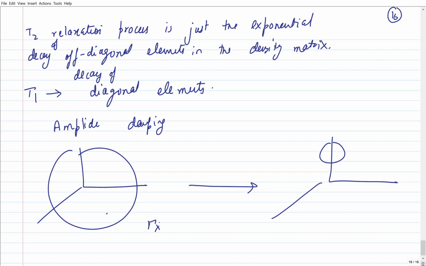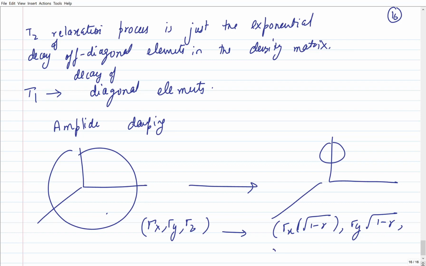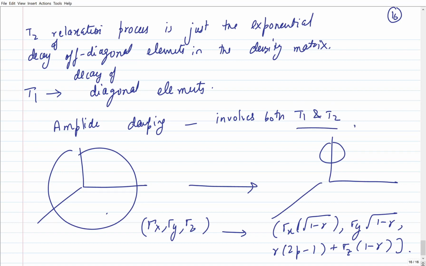So amplitude damping was, or doesn't matter, the generalized amplitude damping involves both T1 and T2. Okay,